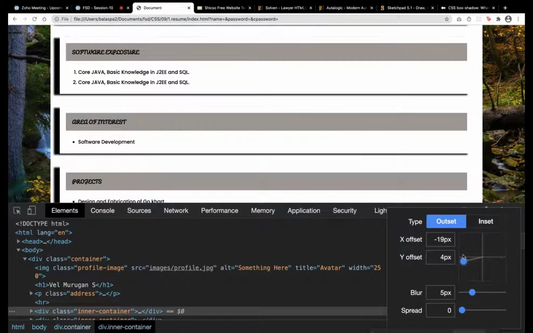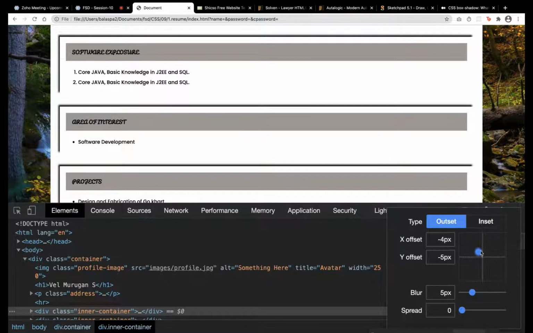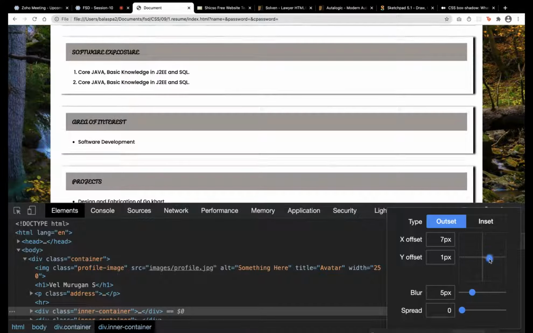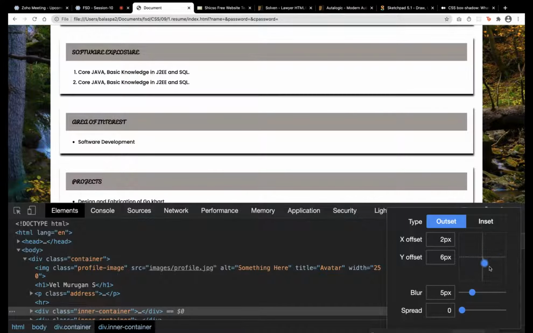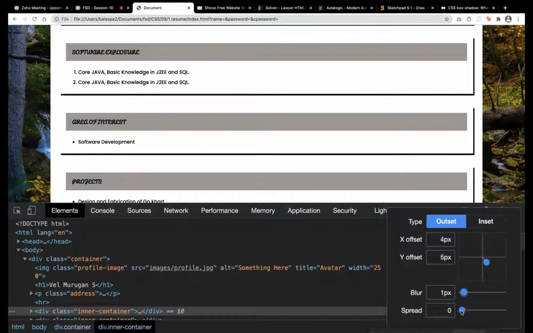So you can play around with it. If it is 0, it will give a projection on all 4 sides. By keeping it here, you can understand for what value it is coming. It can be positive and negative values, but blur is not negative, positive value only. So here you can play around.